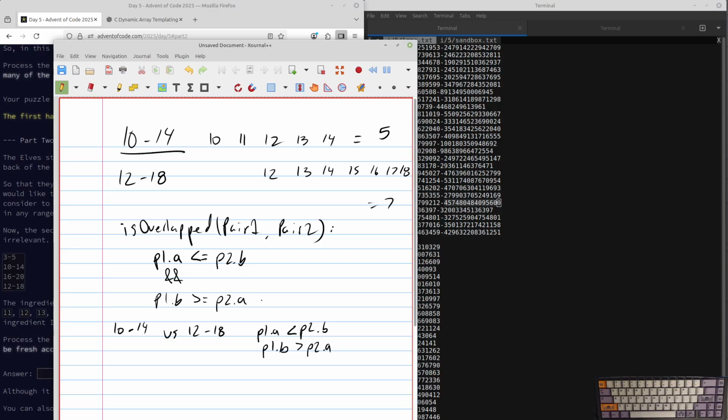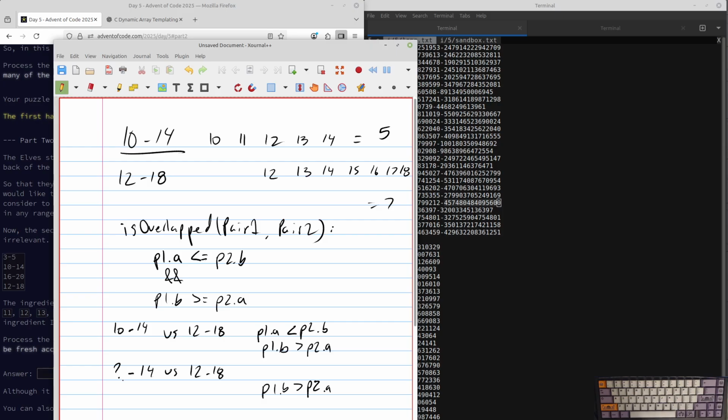Okay, sure. And what about if that's not the case? What if, for example, P1.A was greater than or equal to this? So let's say some number here, 14 versus 12 to 18. So this second statement would still be true. P1.B is greater than P2.A. But let's say this guy's,